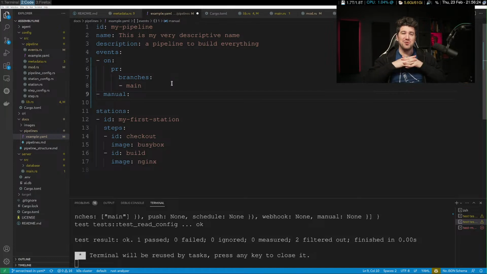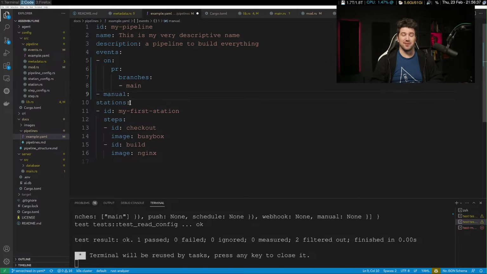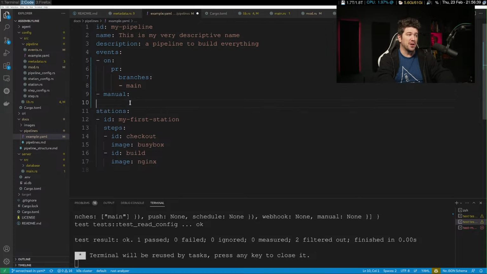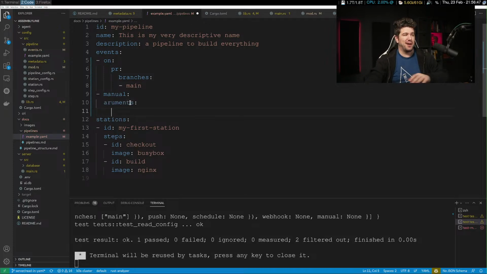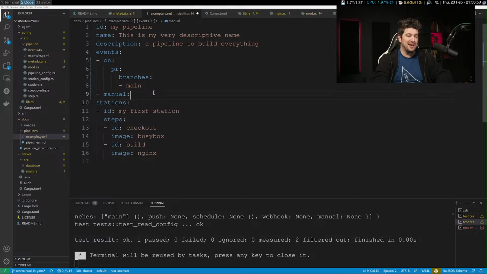And if you have no arguments, you don't have to do anything but this, right? So if you have a build, let's say this is our build pipeline, and there's no arguments. Everything's right there. You don't need anything more than this, right? Now, if you want to put arguments in there, you'd have to actually specify them out. I don't think it's too much to say, hey, if you want to run it manually, because this just fits our flow, you have to actually declare that you want it manually.